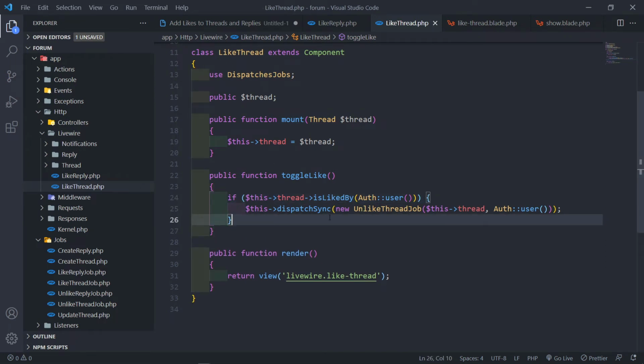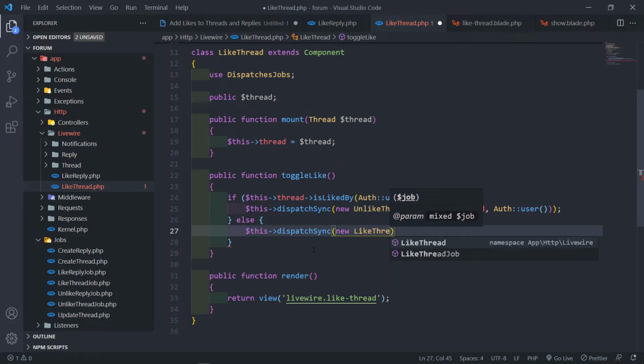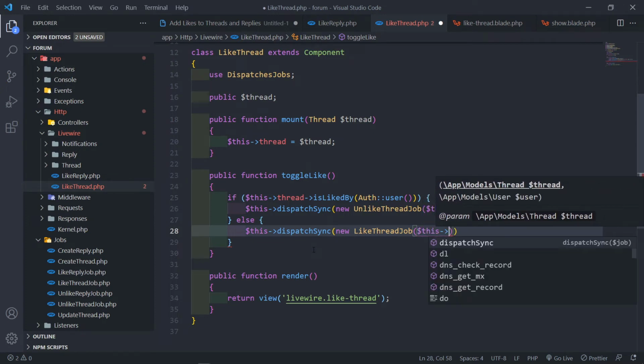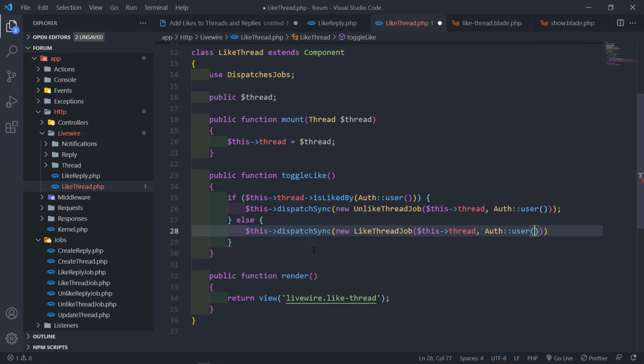Okay, so now the next part that we want to do is we're going to do an else statement. So if the user didn't like it, have not already liked it, then dispatch this job. So this dispatch sync. Then we're going to create a new like thread job. Okay, and we're going to pass in the two parameters. There's going to be this dot thread and obviously the authenticated user. Okay, so that's basically what we're going to do. All right,